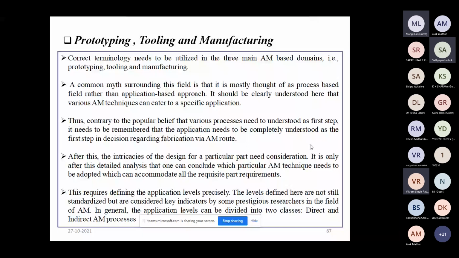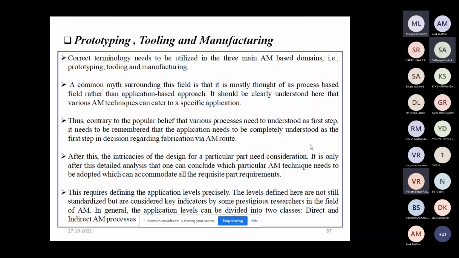At the start of the session, I told you about the basic structure of additive manufacturing or rapid prototyping, based on the techniques we have discussed, and then the application of these techniques to generate either prototypes or tools, for example dies and injection molding tools, from which we can repeatedly generate products.